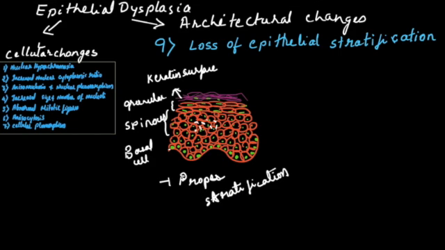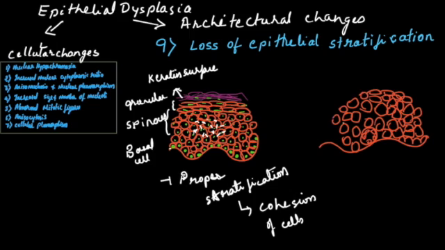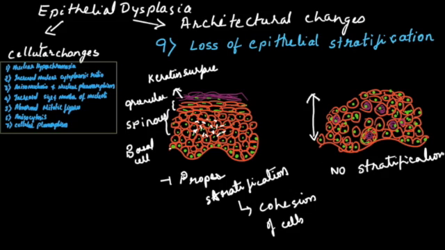The stratification is established by the maturation process from basal to superficial cells but maintained by the cohesion of cells. In dysplastic epithelium, the cells have lost their cohesive nature, which leads to loss of transmission of signals between the cells, the crosstalk between the cells to maintain the architectural integrity of the epithelium. So this leads to premature keratinization and movement of cells inside. All this leads to loss of stratification. So this epithelium has no proper stratification. So this is normal epithelium and here it is in dysplastic epithelium.